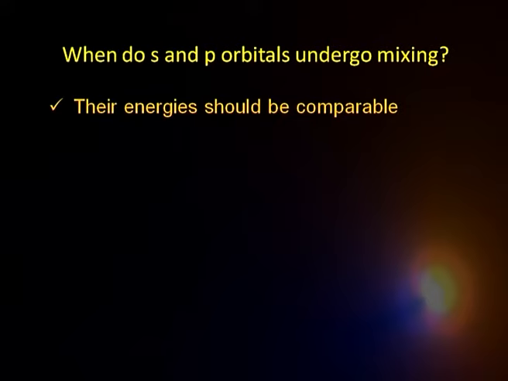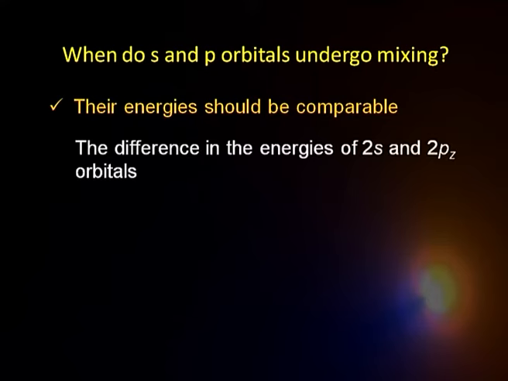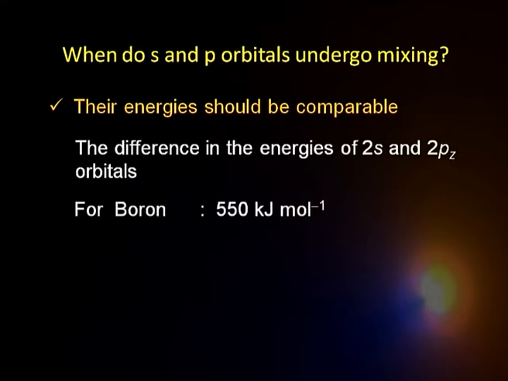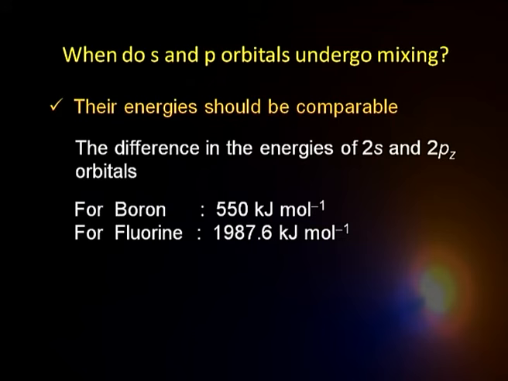The mixing will come when energies are comparable, and one way of looking at it is the difference in energies of the 2s and 2pz orbitals for different systems. For boron this value is about 550 kilojoules per mole, whereas for fluorine it is about 1987.6 kilojoules per mole. I am just taking two examples here. What does it mean? For fluorine this energy difference is so very large